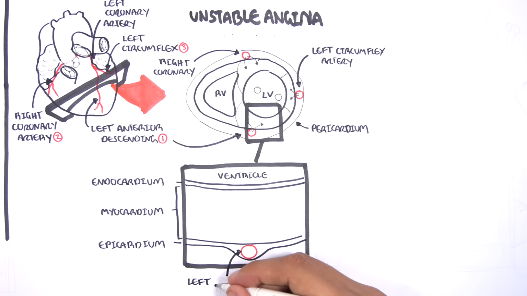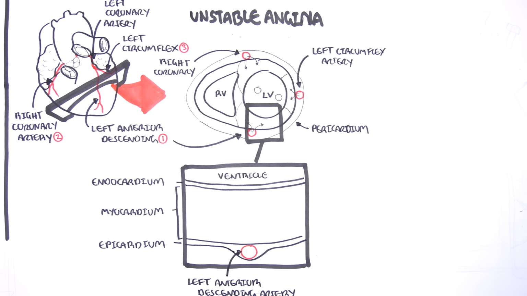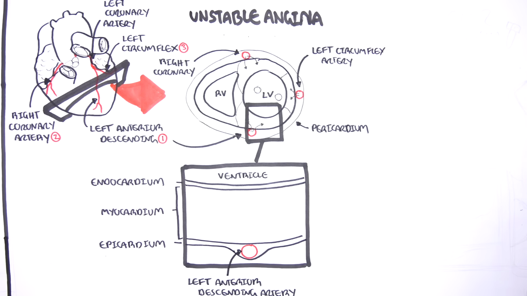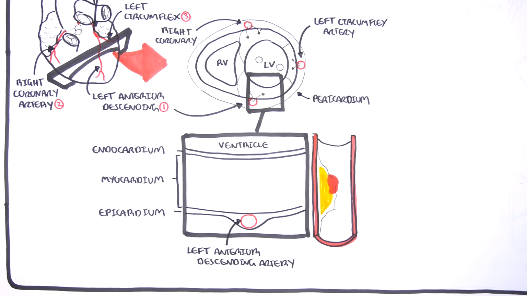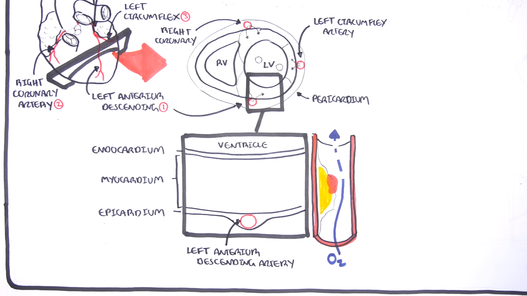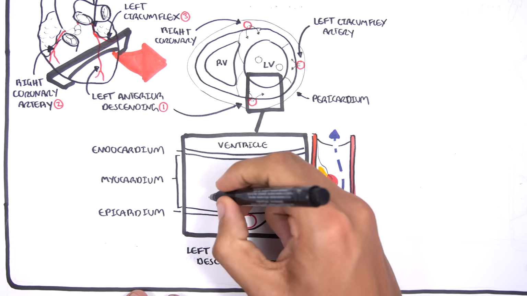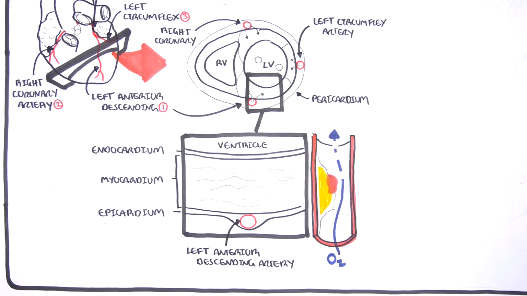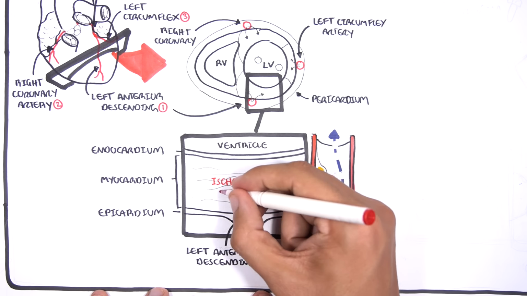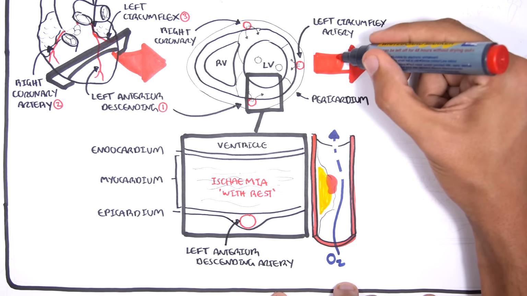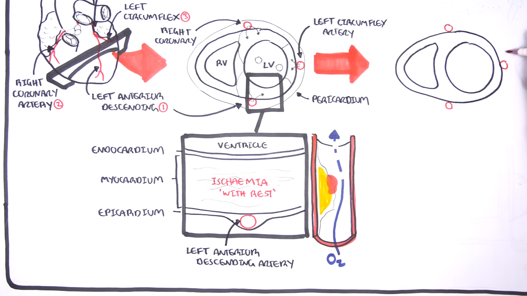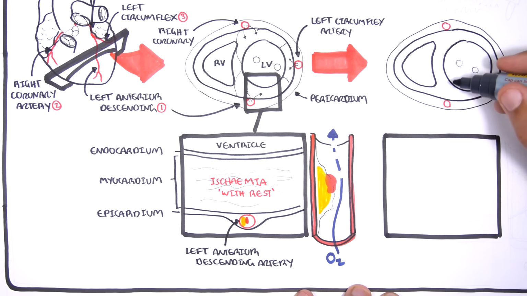Again, here we are focusing on the left anterior descending artery, which is the most common artery affected in heart attacks. Now, in unstable angina, you get reduction in blood supply to the heart muscle as a result of plaque, which is partially occluding the artery. And so you get ischemia to the muscle wall, but you don't get infarction. And this can occur at rest and can cause symptoms of angina, the chest pain. However, unstable angina can progress to a non-STEMI.